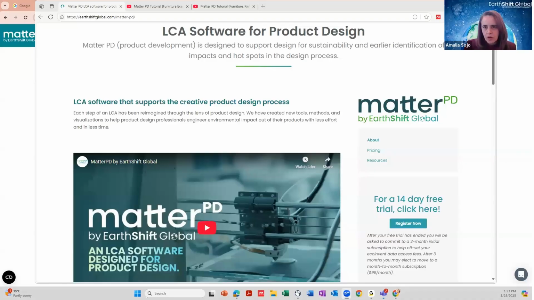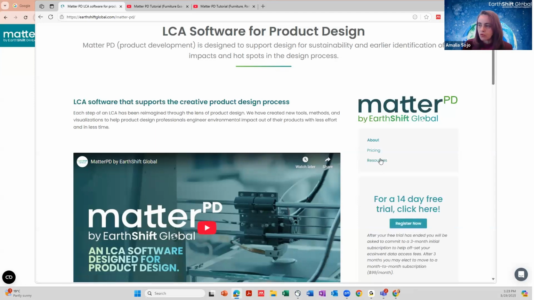Okay, thank you. And before I start the demo, I want to show you where you can find some videos so that you can learn by yourself. We're going to give here a short example of how to use it, but you can always go to our webpage, MatterPD, and in MatterPD, you can register for a free demo.